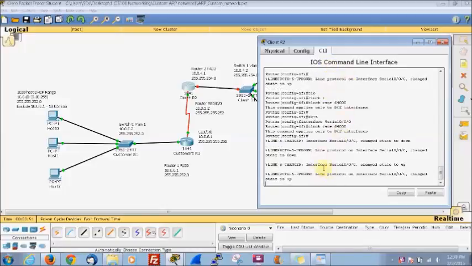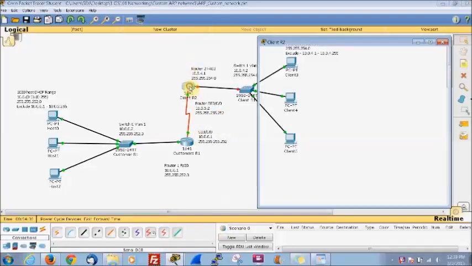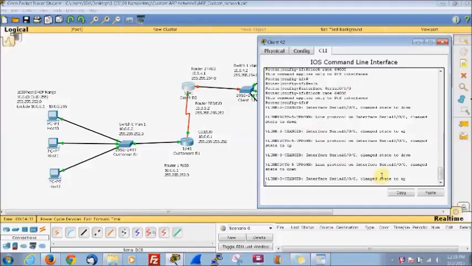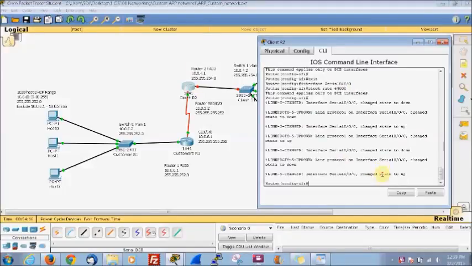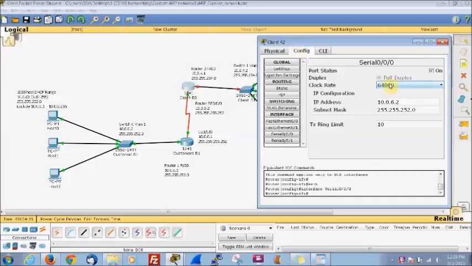Because I was having an issue with this, I'm just going to put a straight serial DCE connection. And now it should all work. Alright, well, it shows it right here, but for whatever reason it's not showing it